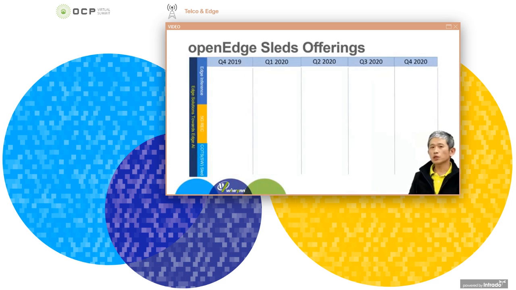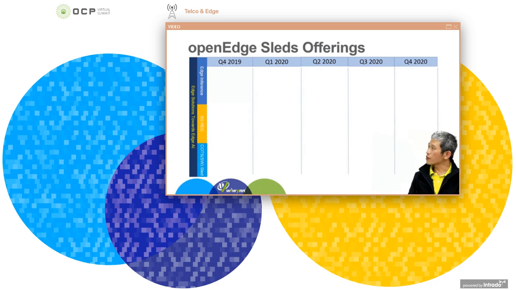The Wiwynn Edge solution toward Edge AI shown here is separated into three categories. The first is Edge inferences. Second is the 5G radio edge cloud rack. Third is the switch sled, which is also for COTS.